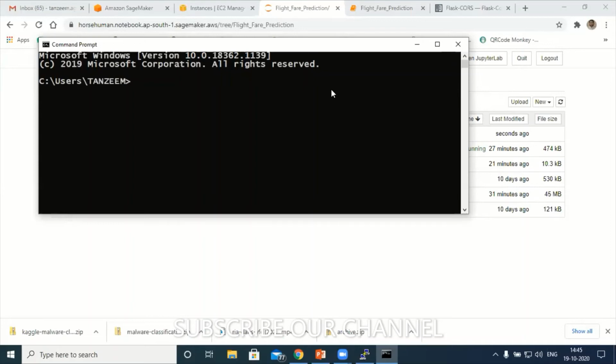The moment you run that command, you'll get all the packages installed in that environment, as well as the packages you have used in your programs, and the same you have to run on the server. After a successful installation of those packages, you can run your Flask app. I'll demonstrate that on the local machine if I get time.